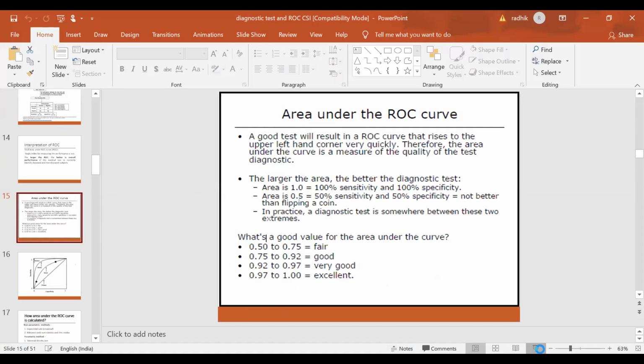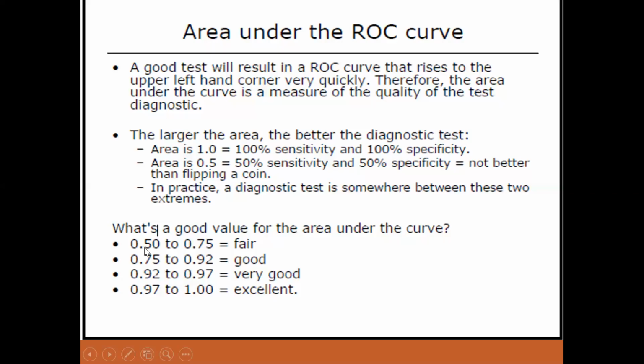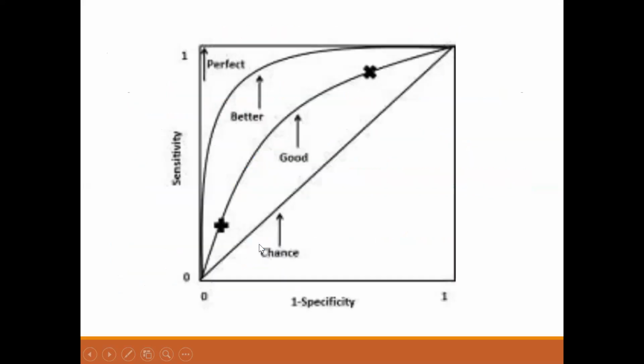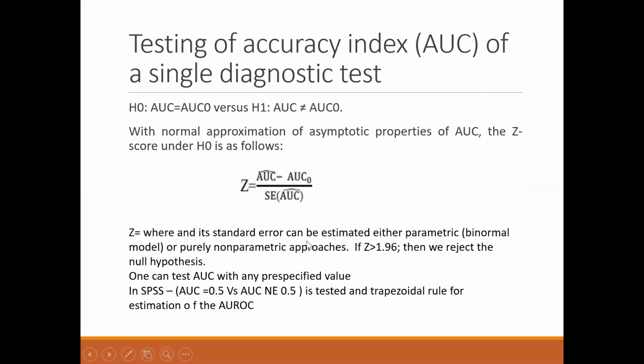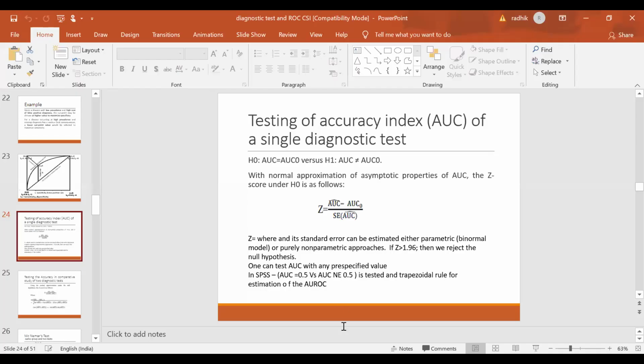Yes, so here I would like to show that this 0.50 to 0.75 is fair. So we got 0.60, so we can say it is fair. Now coming to this part, I'll come to it later. So now I'm talking about this part where we have got a p-value, that is given here in the results.